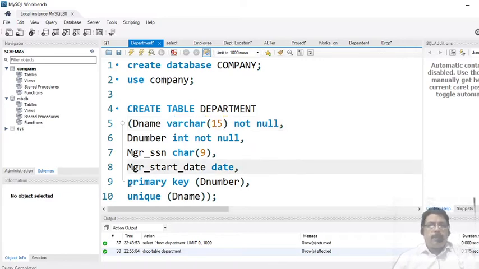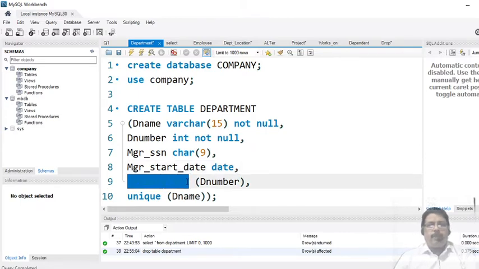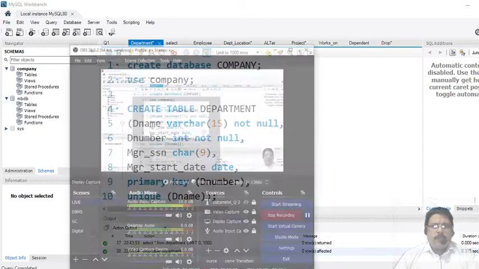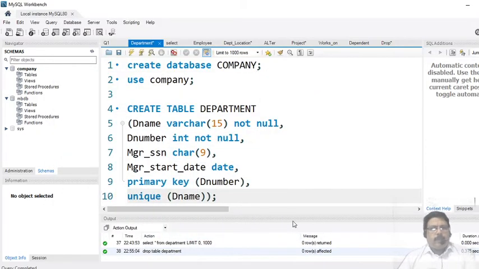And one more concept I want to discuss here, that is a constraint. The constraints are primary key and unique key. First let me finish with the unique one. Unique key is a key used where you don't want the value to be duplicated. So in those cases we are using unique key. Now next is the primary key. So exactly what is a primary key, we will see.